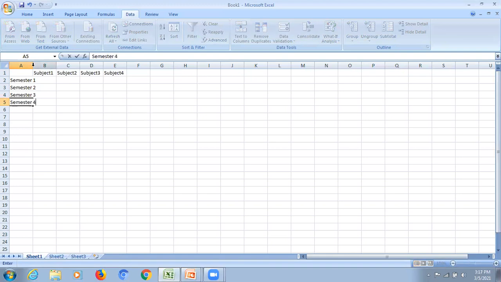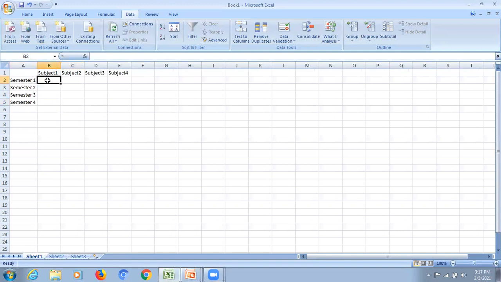Suppose that she has already appeared for the 3 semesters and has scored these marks. These are just random values.